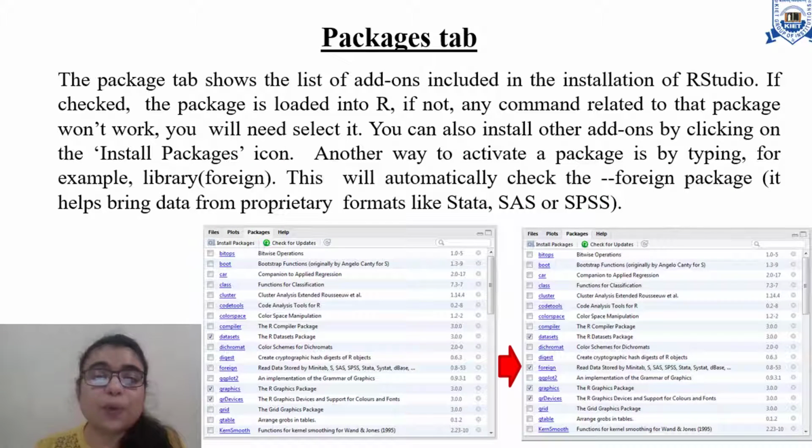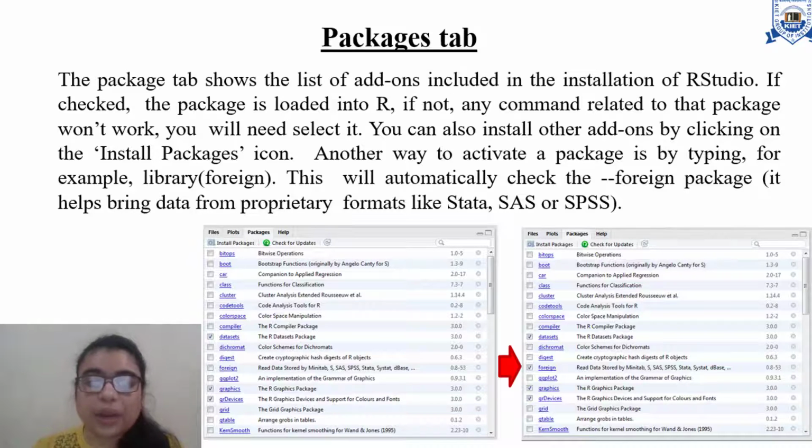Now let us explore the Packages tab also. The Packages tab shows the list of add-ons included in the installation of RStudio. If checked, the package is loaded into R. If not, any command which is related to the package won't work. You can also install other add-ons just by clicking the Install Packages icon as shown here.